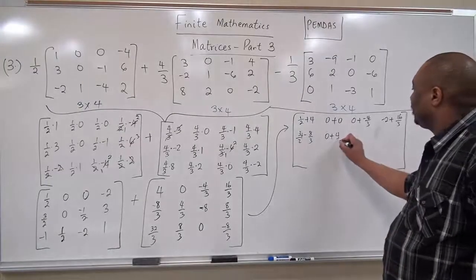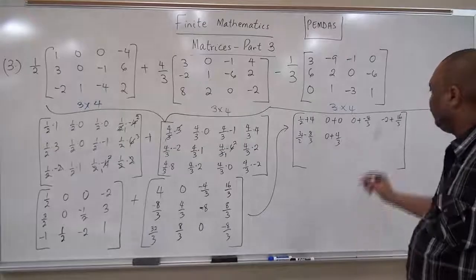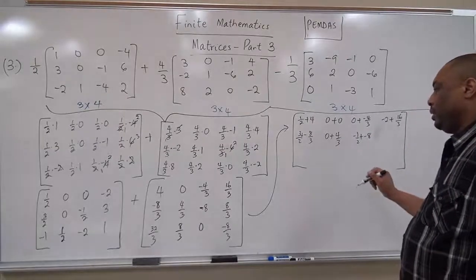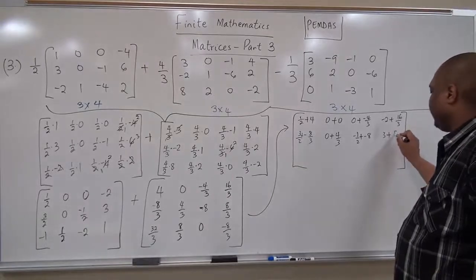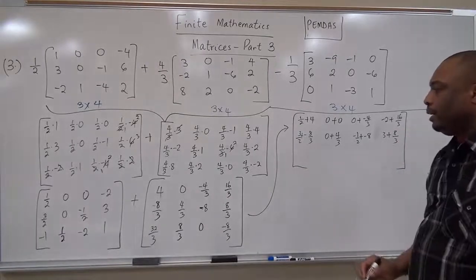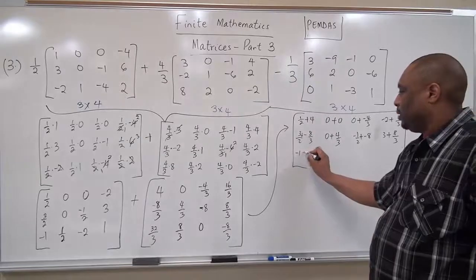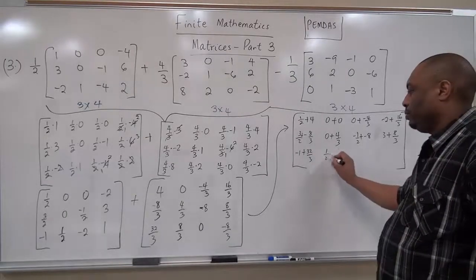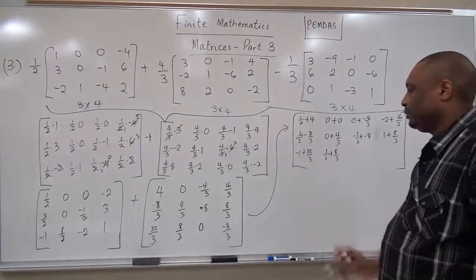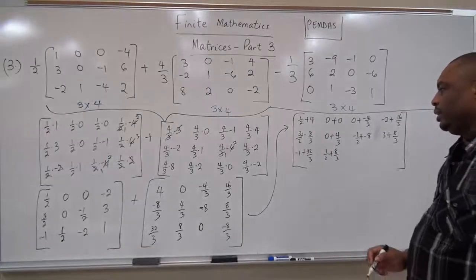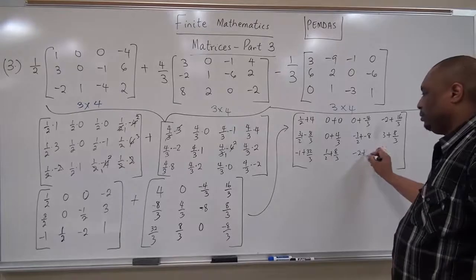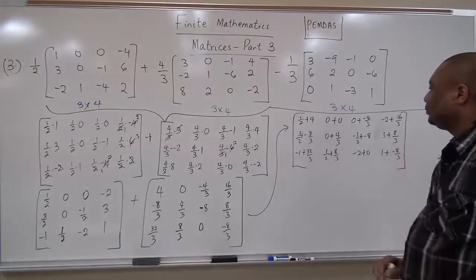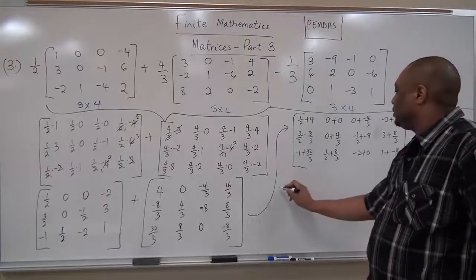0 plus 4/3. Negative 1 over 2 plus negative 8/3, plus 8 over 3. Negative 1 plus 32 over 3, 1 over 2 plus 8 over 3, negative 2 plus 0, and then 1 plus negative 8 over 3. So what would this give us now? This will be equal to